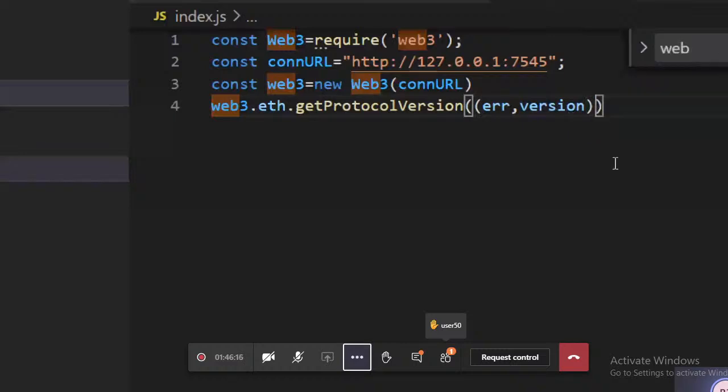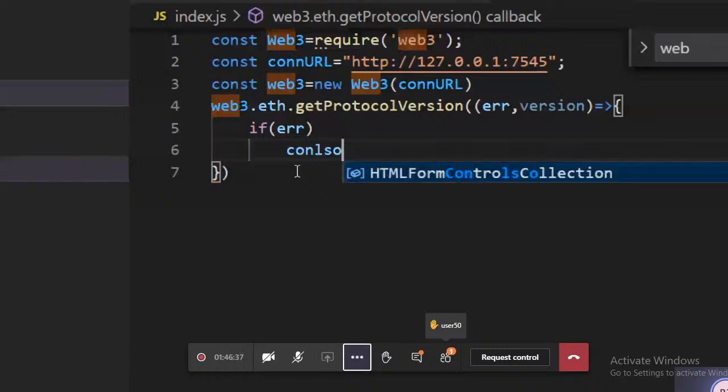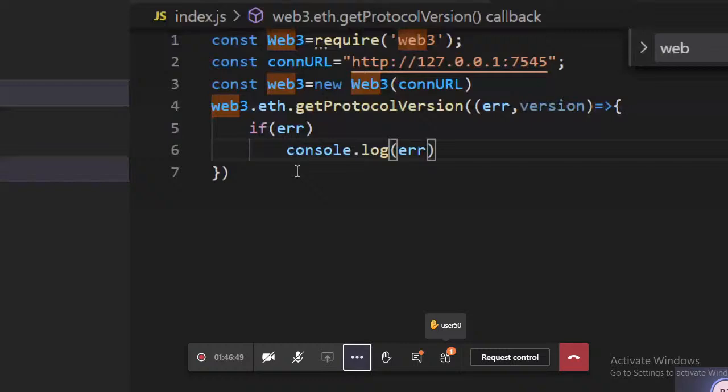Now let me go ahead. Sorry, I have clicked this. If err, console.log. What I wanted to do in this console.log is err. We are just giving err in console.log. If this error comes, then we have to get this data. If the error is not here, then I am supposed to get